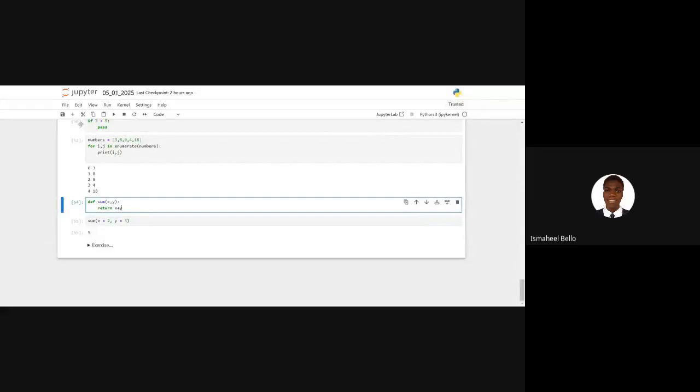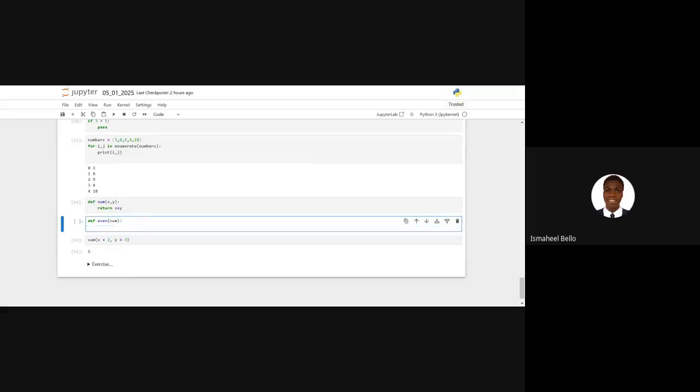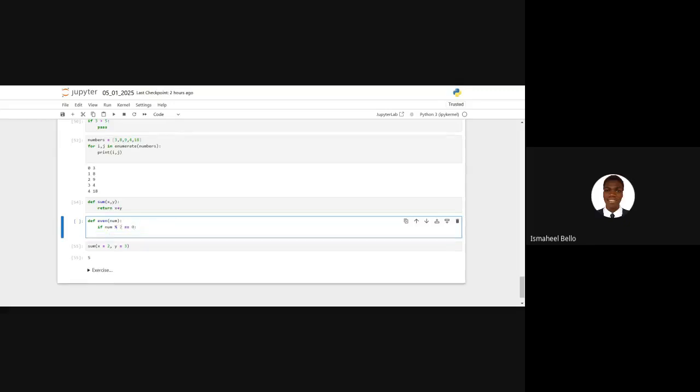Now, just like we said earlier, we have def. Let's say we want to define a function for even numbers. The function will take in one argument. I'll call the function name, and I'll call the argument none. Are you with me? Then I will make use of my if statement. So if none modulo 2 equals 0, then you can say return. Let me see if this will work. Return